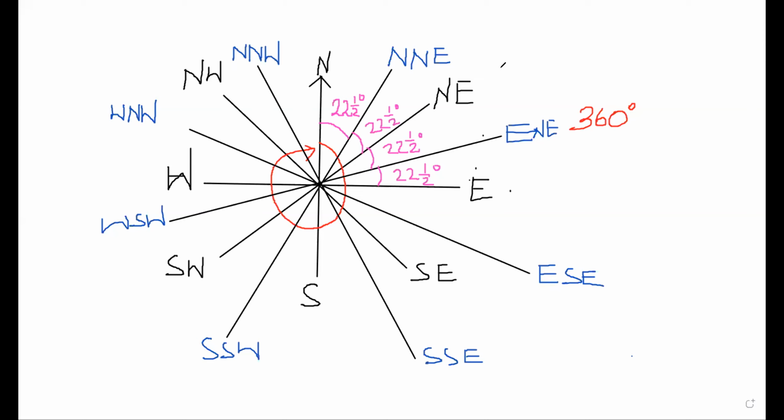We need to know those points, we need to know how to draw, and then we need to know the turns. We have seen the quarter turn. If someone is moving from north to south, that person has moved halfway, half of the journey. So that person has turned in what we call a half turn, moving from north to south. That is a half turn.